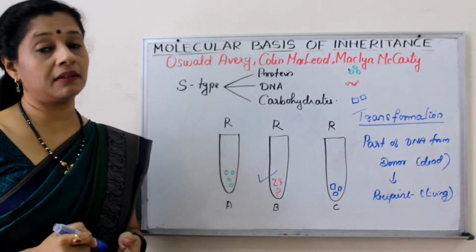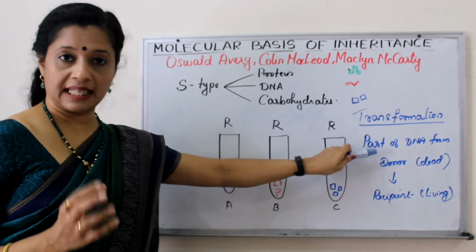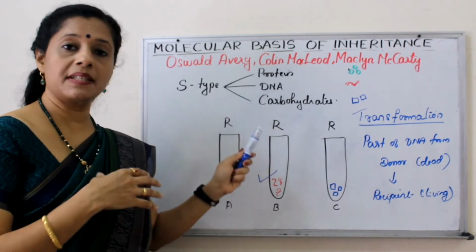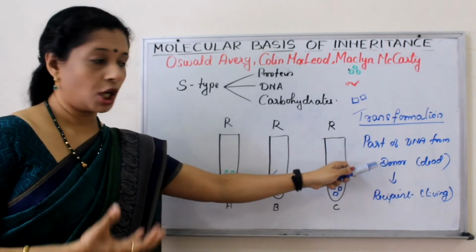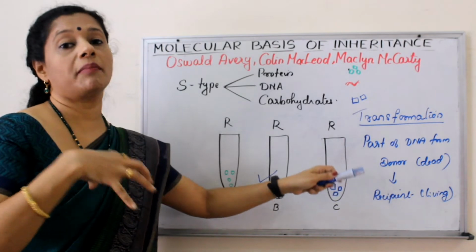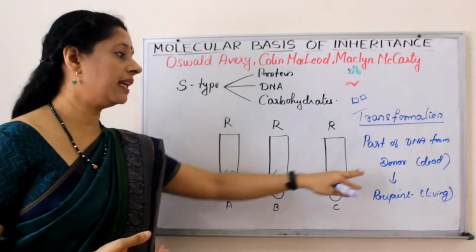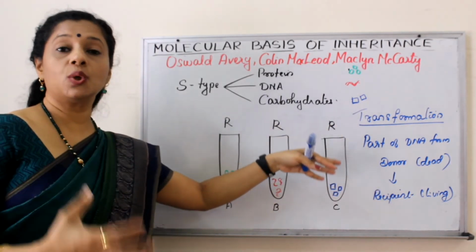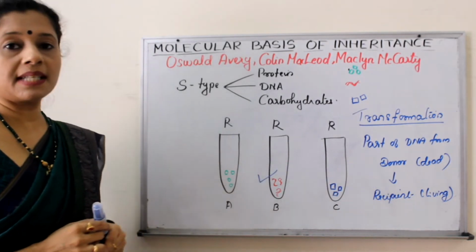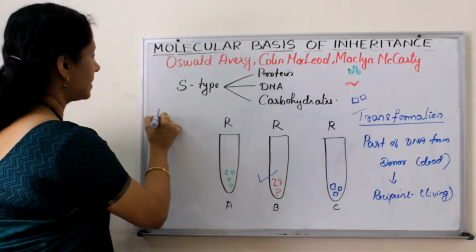Now what is actually the meaning of transformation here? It is nothing but the transfer of a part of DNA from the surrounding medium or from a donor. Here in this case, Griffith's experiment, it was a dead bacterium donor to the living bacteria which are the recipients to form a recombinant DNA. So that is called a transformation. Transfer of a part of DNA from the surrounding medium or the donor dead bacteria to living recipient bacteria to form recombinant bacteria. But they did not stop this experiment. To have further confirmation, they again did one more experiment. They added first protease enzyme.